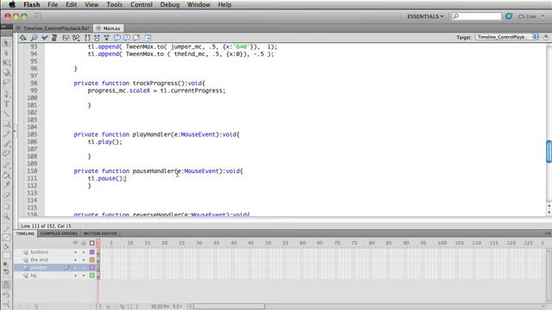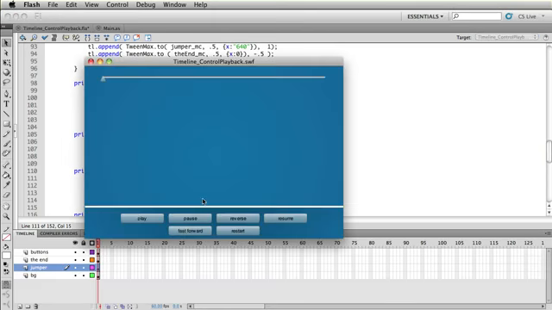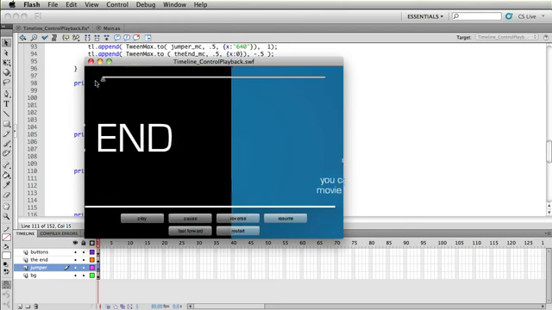So let's just test it out. I don't want to go too far without checking to see if I've made a mistake. I'm going to play, I'm going to pause, and I'm going to play. Now the next button that comes up is the reverse button, which, as you would expect, would play the TimelineLite